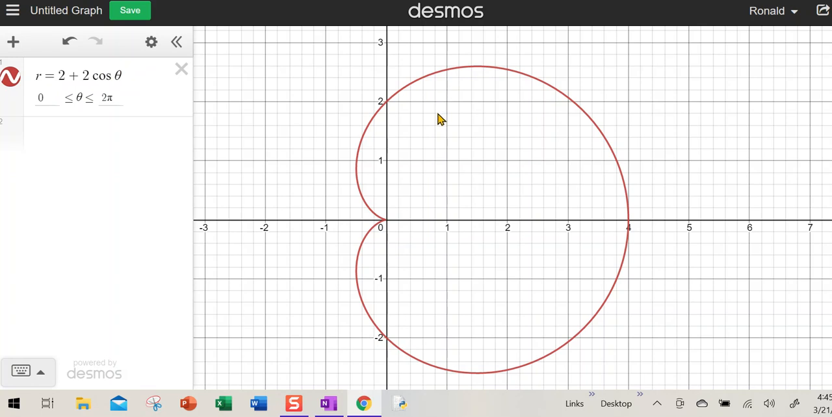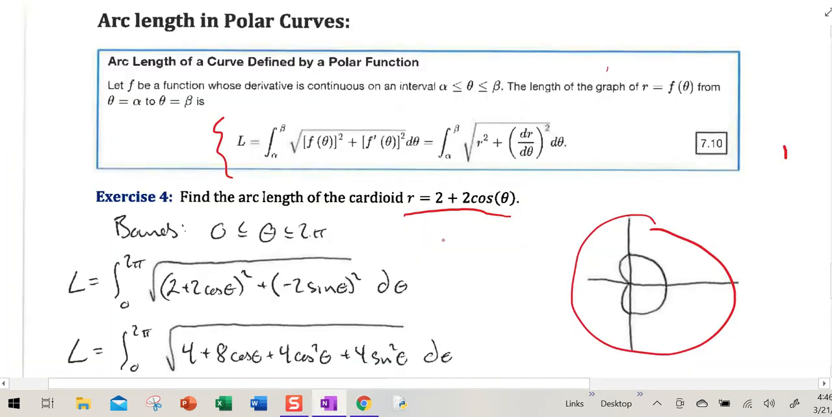All right, and so we are looking to integrate where alpha is 0 and beta is 2 pi. So one complete rotation around, you might say. And so the bounds are given right here, because that would give us the entire area enclosed. So, plugging into the formula